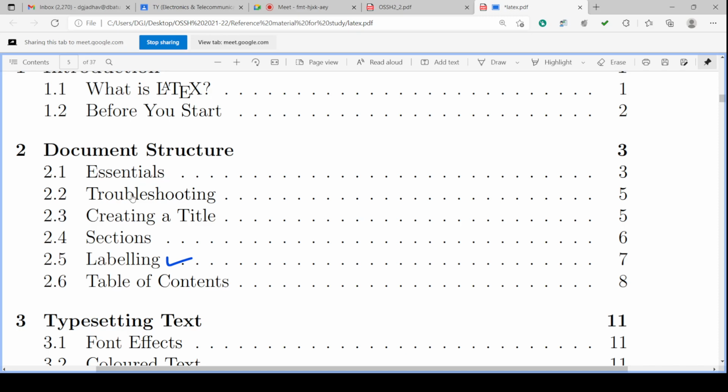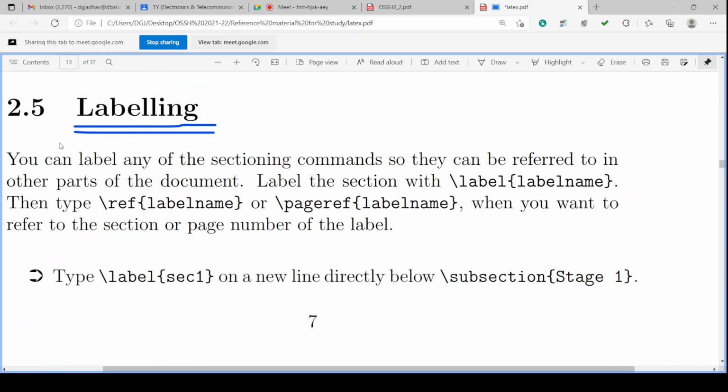If you click here, it will go to troubleshooting, creating title, sections. Similarly, if you click here, it will go to labeling. So labeling is nothing but creating such hyperlinks. Suppose I click this labeling, it will go to 2.5 labeling. I will click now. Yes, after clicking, it goes to labeling.